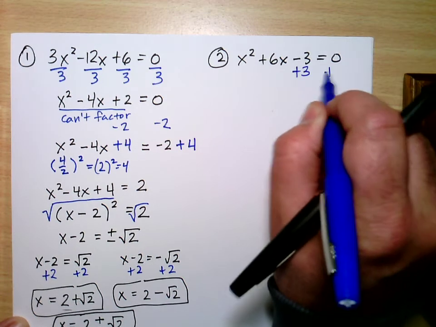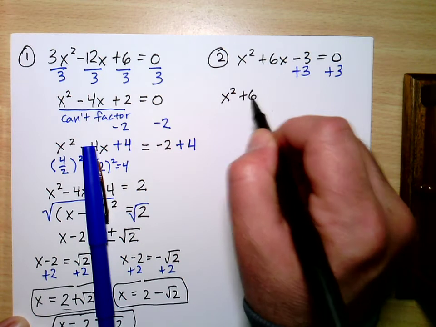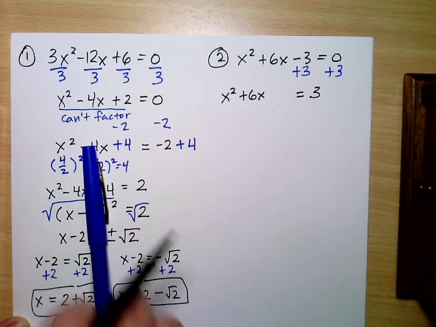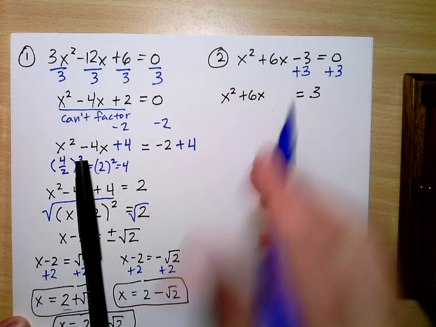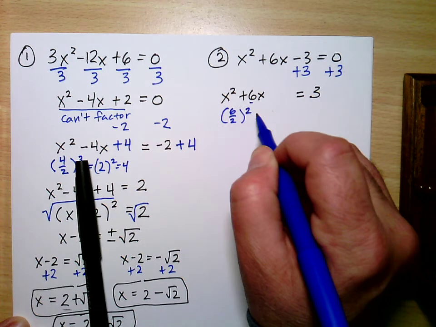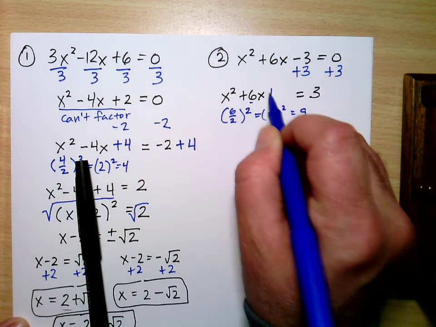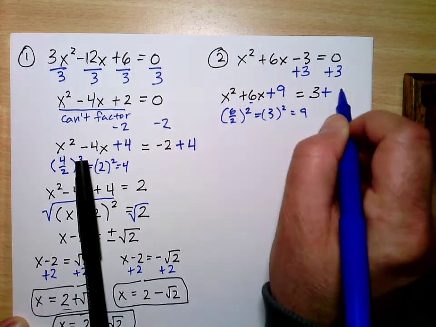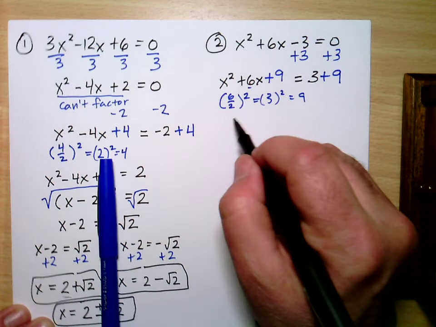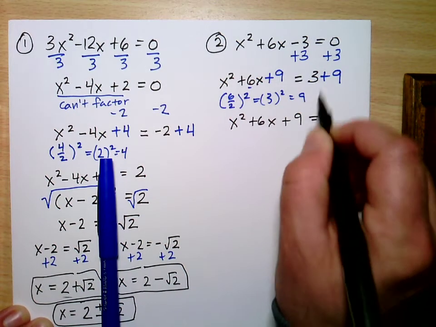I'm going to add the 3 to both sides. And again, leave some space on the left here to add that constant in. We're going to complete the square. We're going to take 6 divided by 2 and square it. And that's going to be 3 squared, which is 9. So I'm going to add 9 here, and I'm going to add 9 here. So what I have is a perfect square trinomial, x squared plus 6x plus 9 equals, and 3 plus 9